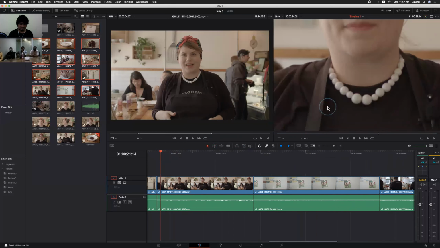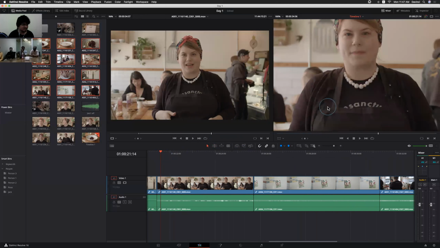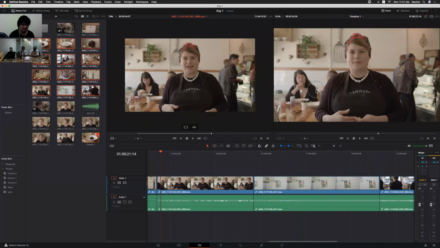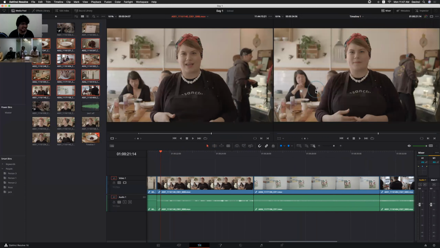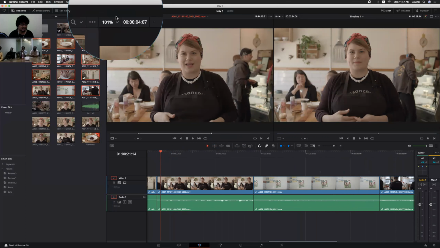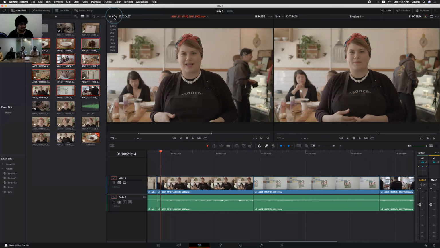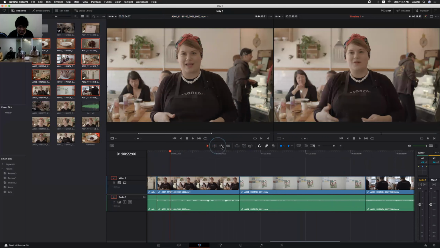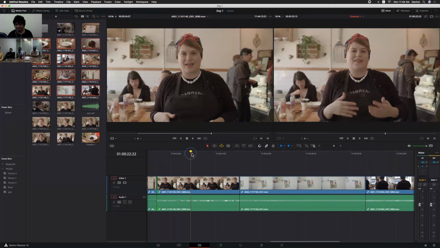Okay, one more thing, if you have zoom in zoom out problems in the canvas or viewer, simply click Z. It will automatically fix the canvas. By simply clicking Z, it will fit the screen. Okay, and within the trim mode, just observe the frames, maybe see her hand movement.